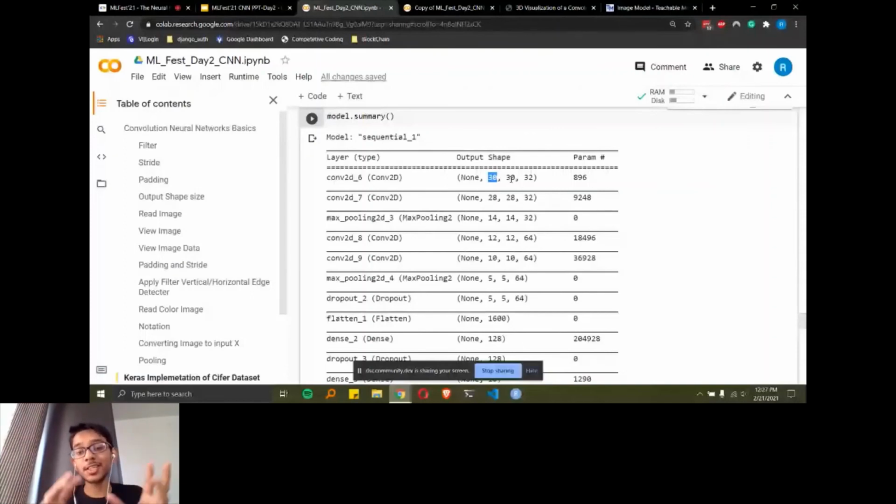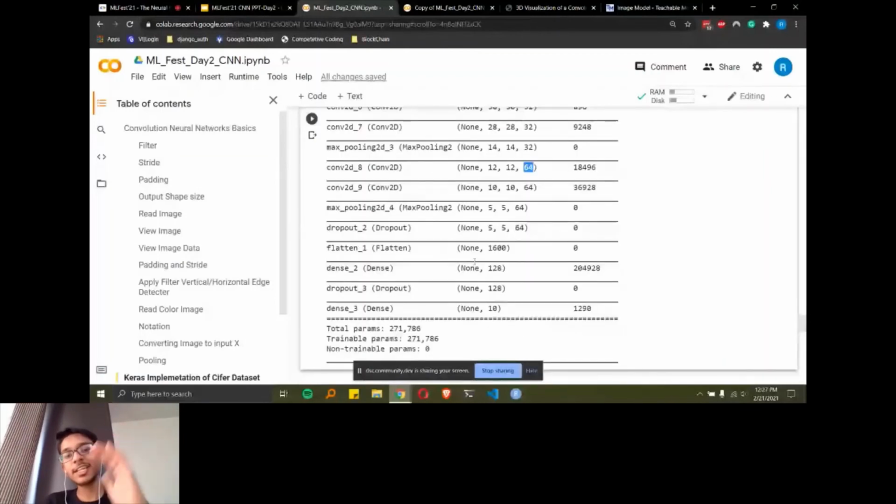Everyone should notice this and think about it. The 32 you can see here is the number of filters being produced, like 32 filters, 64 filters. So now we have created our entire model to predict the images for this CIFAR-10 dataset.